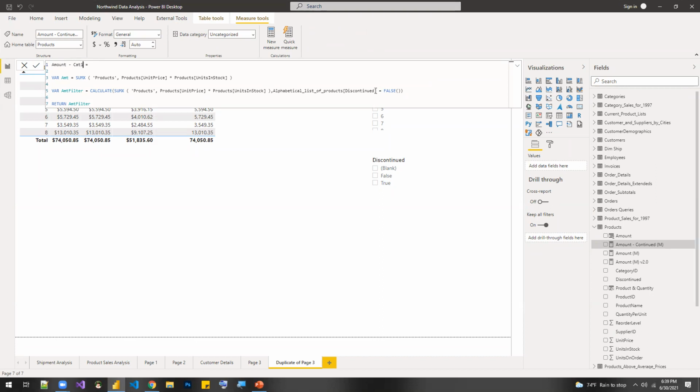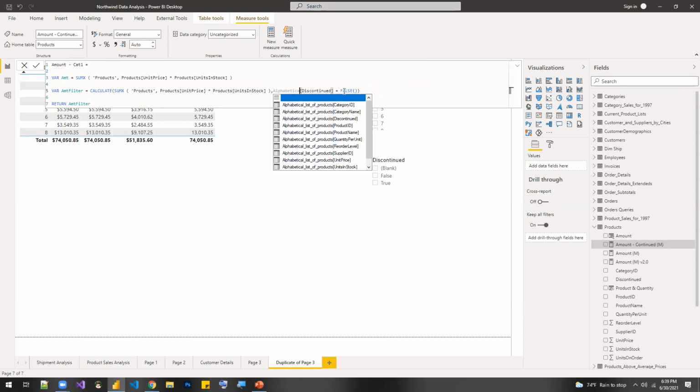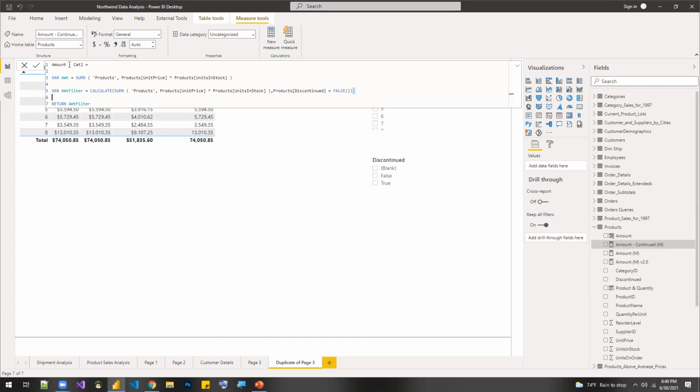Then what we do here is, sorry, I think this one is coming from a different table, so that's the reason. So this should be from the products table. And this should be continued, the same thing. Yep, you see 69,000 here. And then the good thing is I can copy this logic, add a new measure here, and then